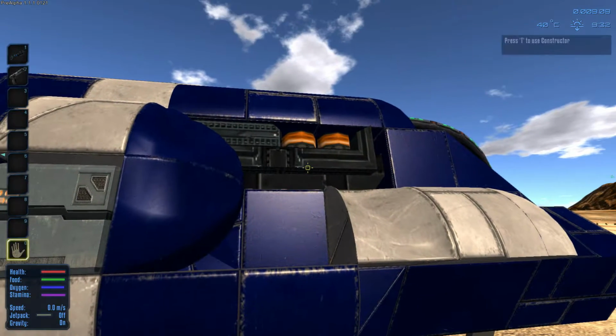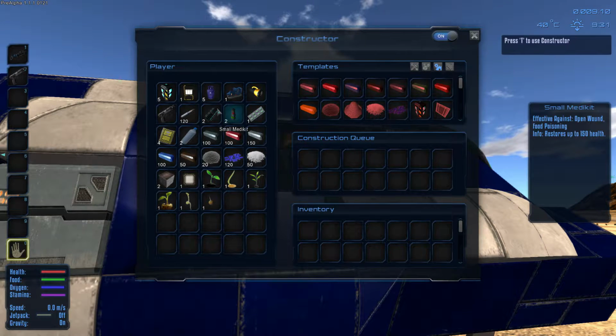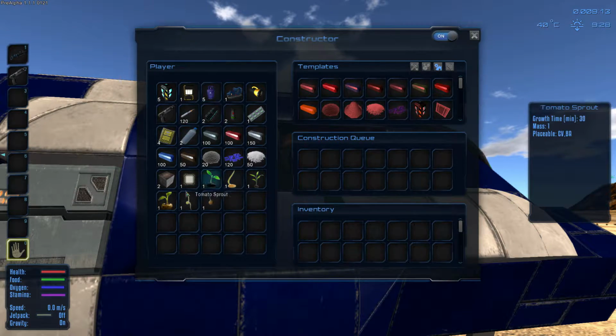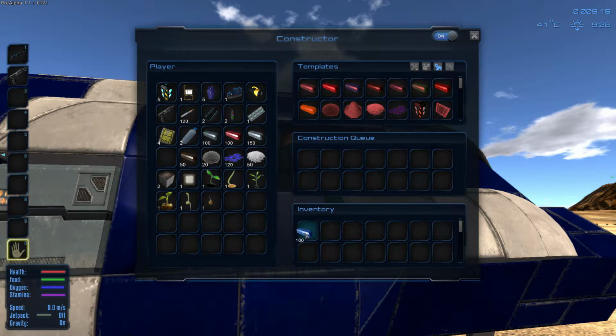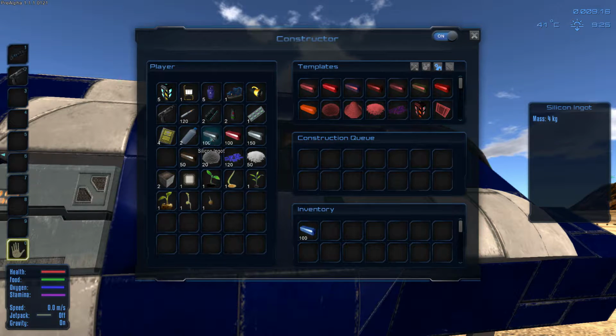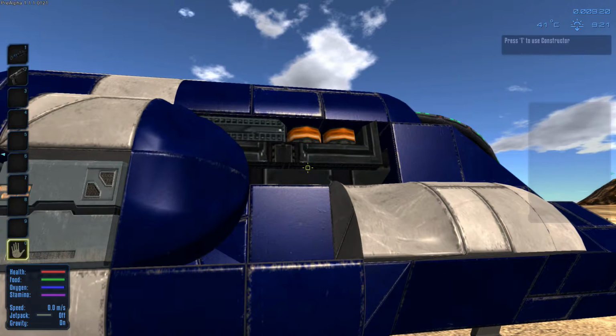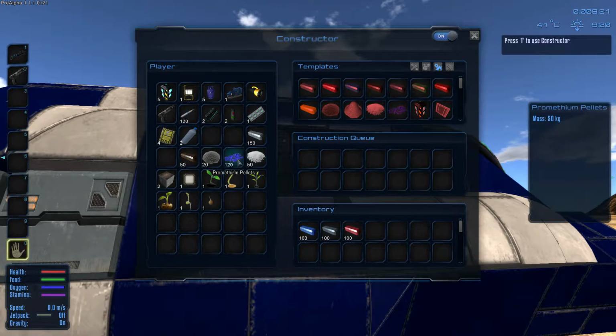So we have an immediate problem. The immediate problem is that we are going to run out of oxygen if we're not careful. We have some bottles here, but we need to make more. So what I want to do is drop a whole bunch of these resources into this machine here. This, in case you missed it, is a constructor. So we're going to drop